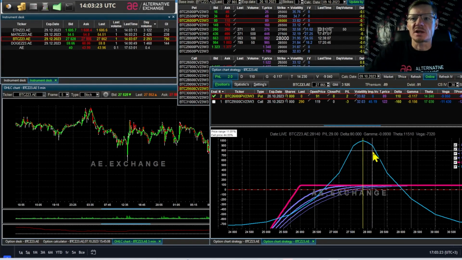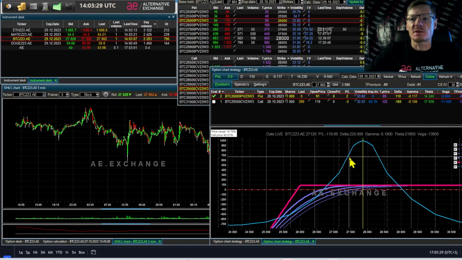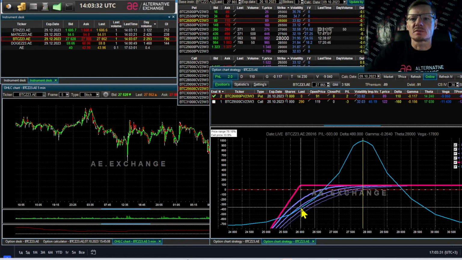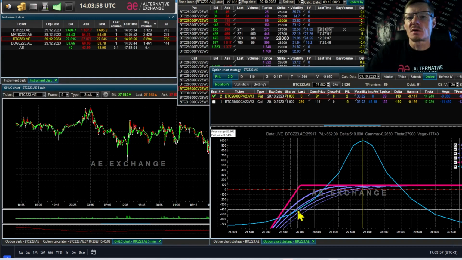For this purpose, there is a graph of probability of normal distribution in the AE terminal. Thanks to this graph, we will be able to estimate the probability of a price event. In the white box above, I can see the price range and the probability of exit price. I move the cursor over the probability distribution graph and get the value at the break-even point,